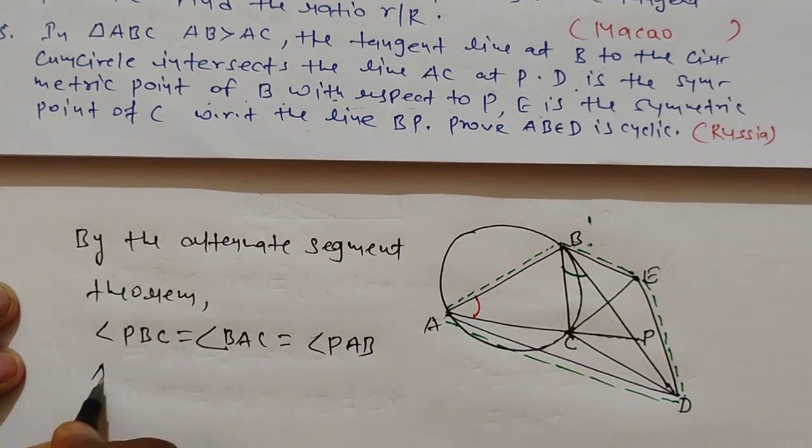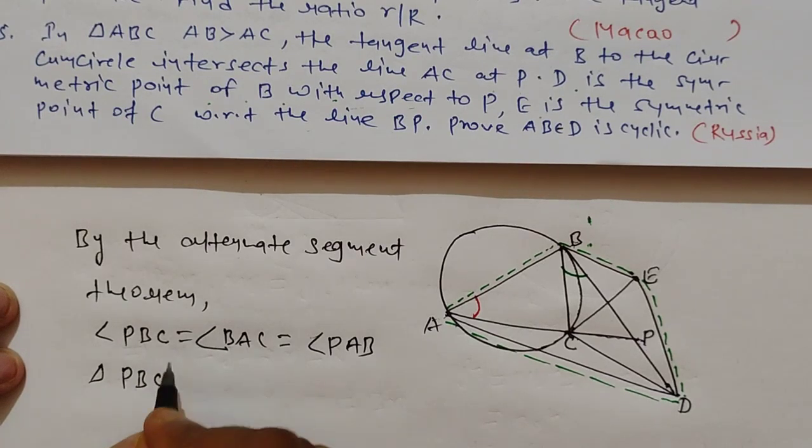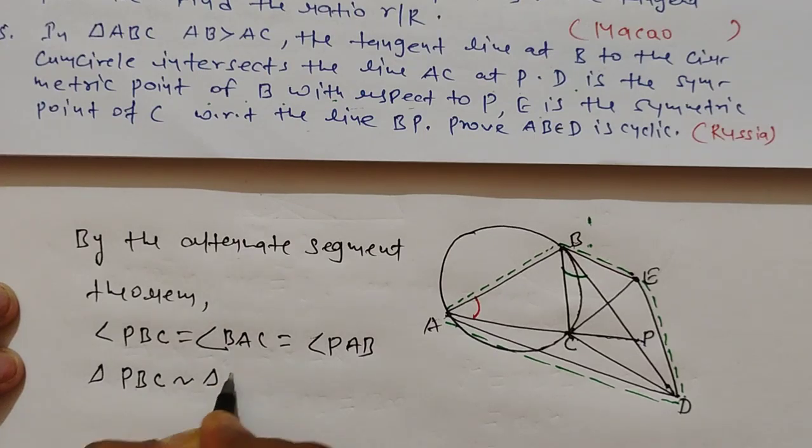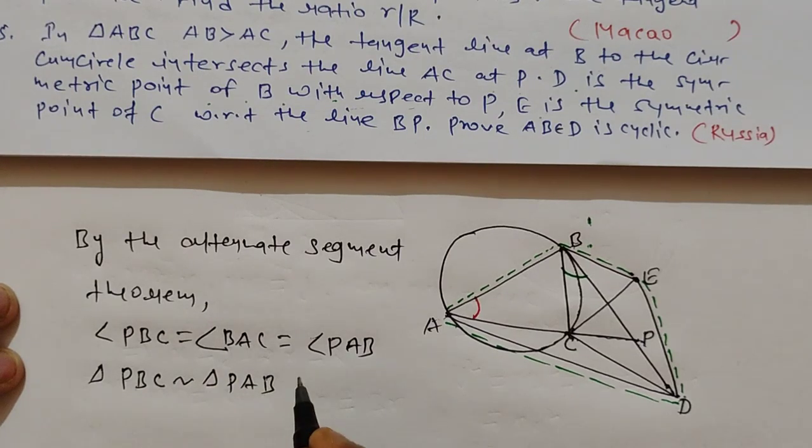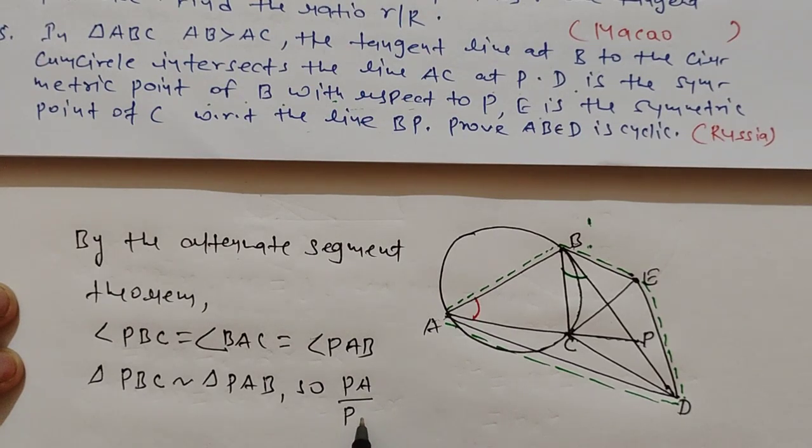So we can write triangle PBC is similar to the triangle PAB, and now this will give the ratio of the portions as PA by PB is equal to PB by PC,